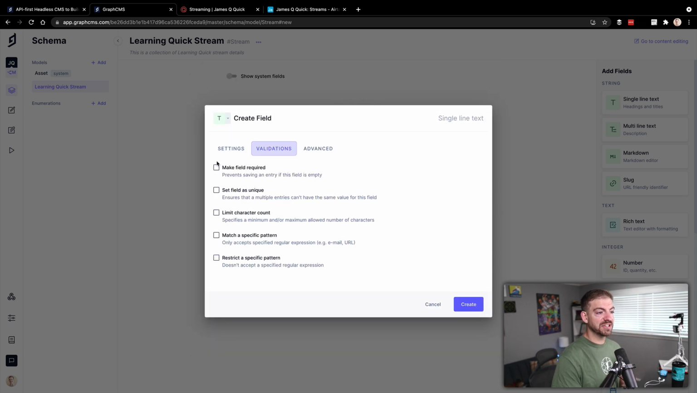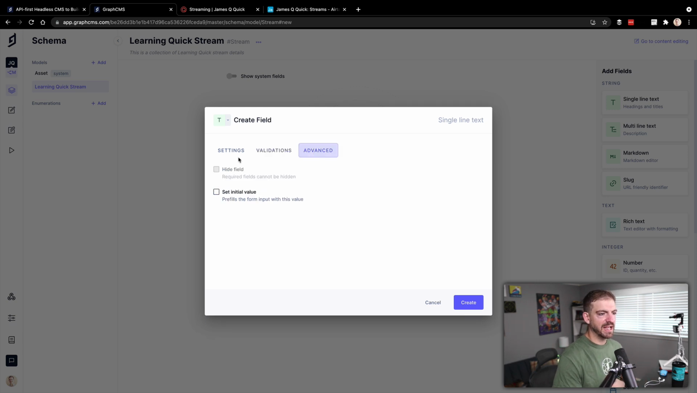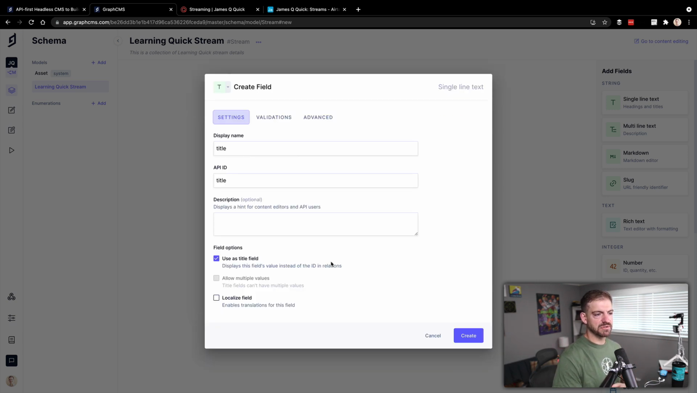Cool thing in here, they've got validation. So yes, we want this to be required. Yeah, we probably want it to be unique. We don't need to necessarily limit the character count or anything like that. And we don't need to set an initial value. So we'll just go ahead and